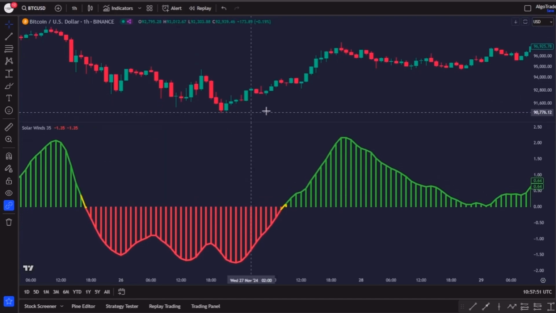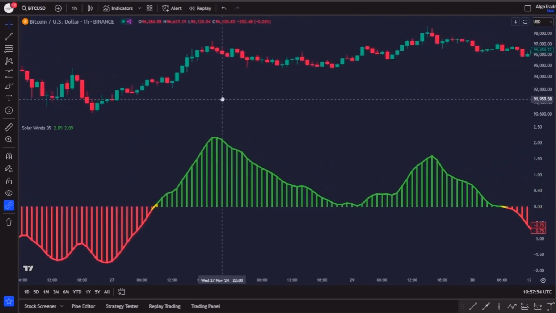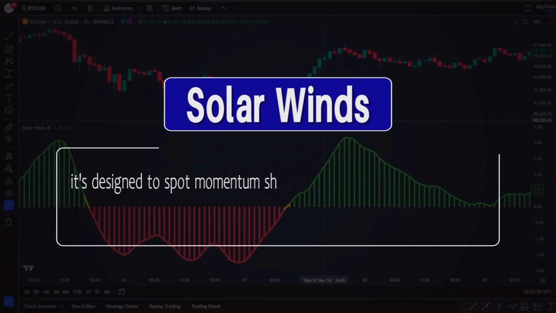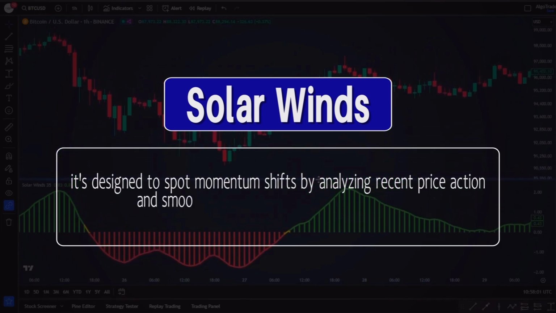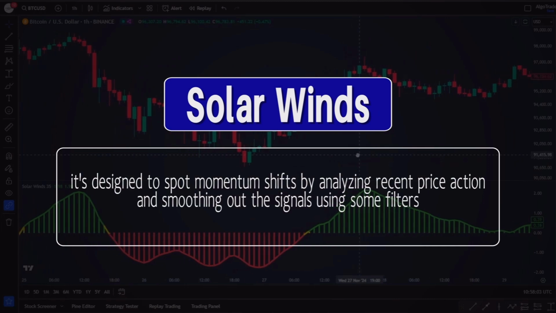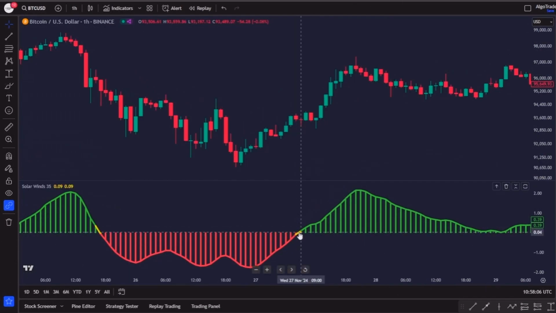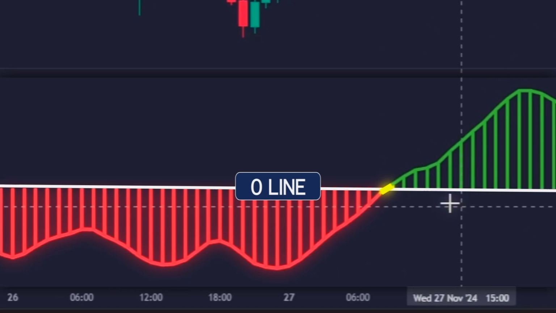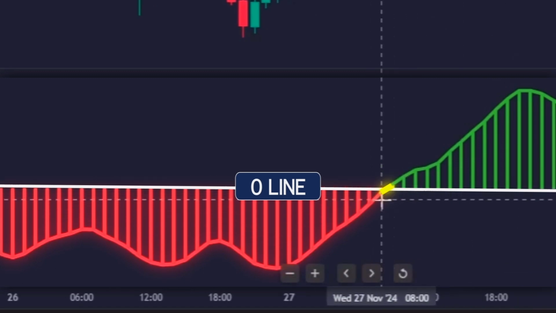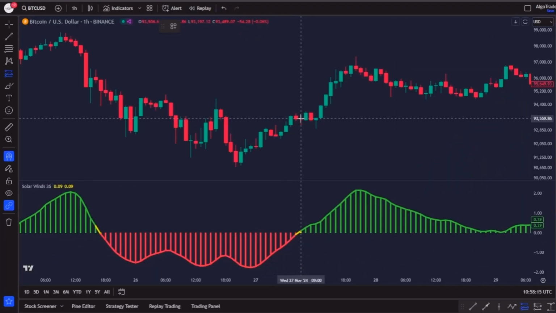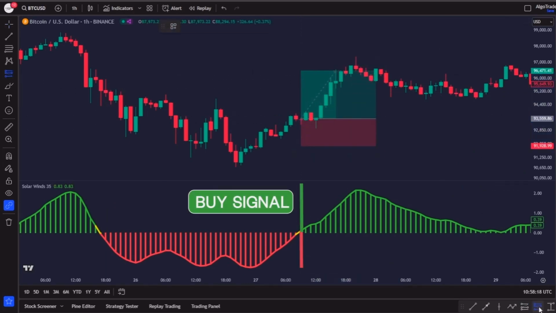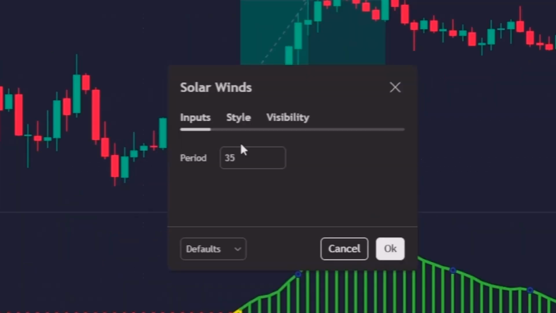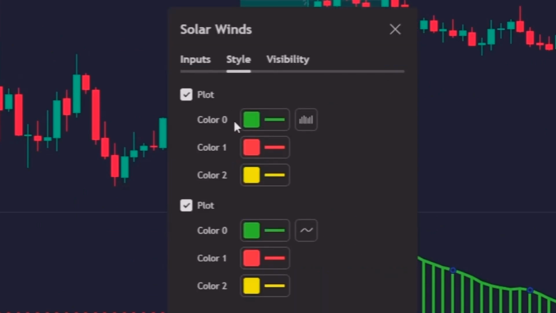While there is limited official documentation on how this indicator is calculated, what we do know is that it is designed to spot momentum shifts by analyzing recent price action and smoothing out the signals using some filters. Visually, it plots a histogram that oscillates above and below the zero line and changes color according to the trend. In this test, we'll treat a crossover from red to green as a buy signal and from green to red as a sell signal. Also, by default, it has a period of 35, which will be the input we will